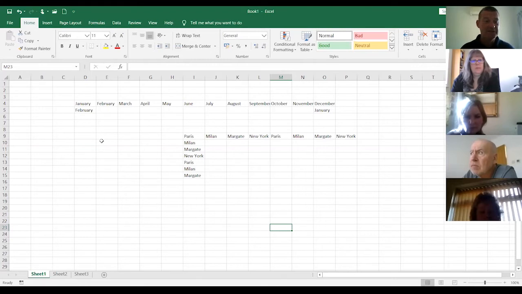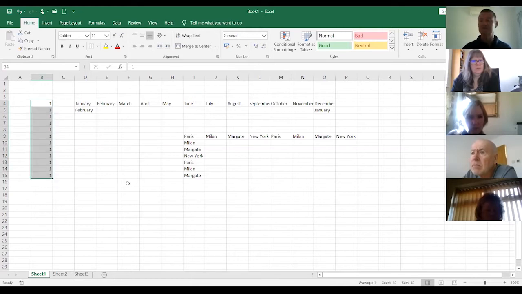Now, there's one other thing to tell you about on autofill, and that's how it deals with numbers. If I type in number 1, and I just want to have 1 to 10 down the screen, so if I click on that, autofill it down the screen, let go of the mouse, I just get 1 all the way down the screen. Now, what happens here